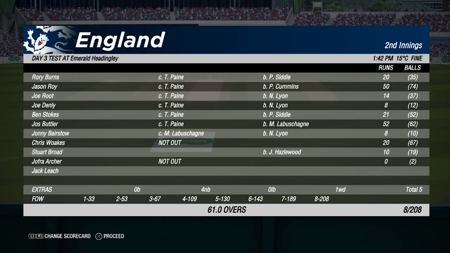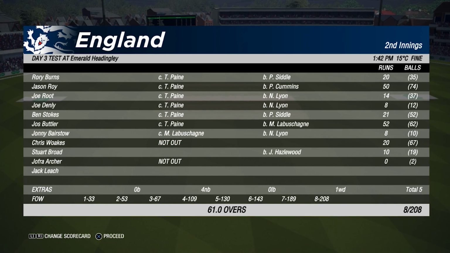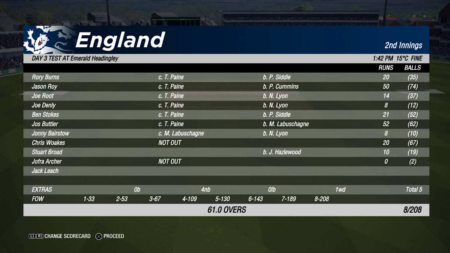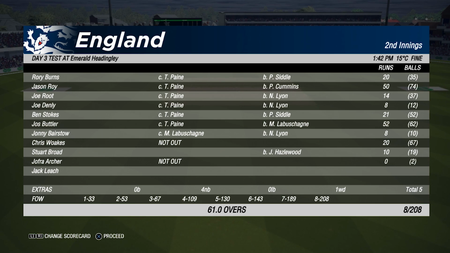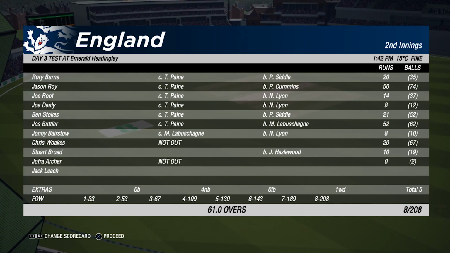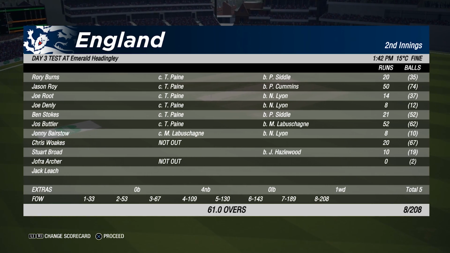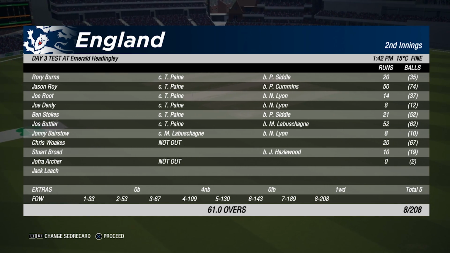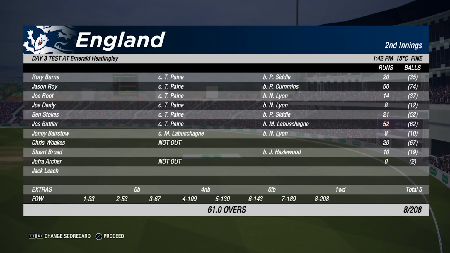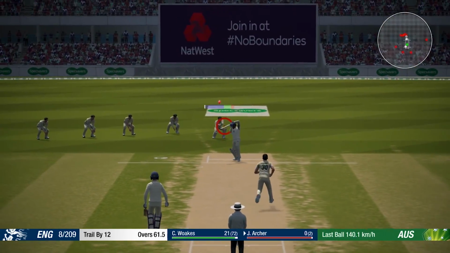So England survived the first session on day 3. They lost 4 wickets though. Put them 8 for 208. They lost 4 for about 100 there. So again, never really settled with a partnership. None of the partnerships today. There was one partnership worth 46. The rest of them sub 30 partnerships. They just haven't been able to put it together in this test match, and it's what sees them in such a lackluster position. And the fact that Australia is closing in on victory.